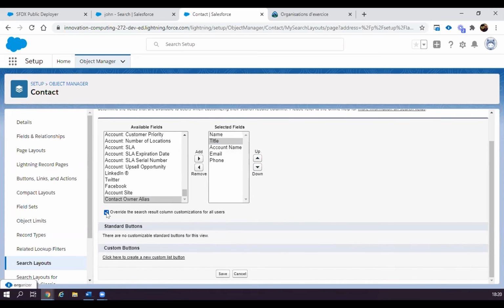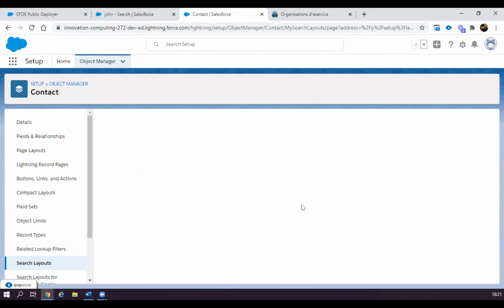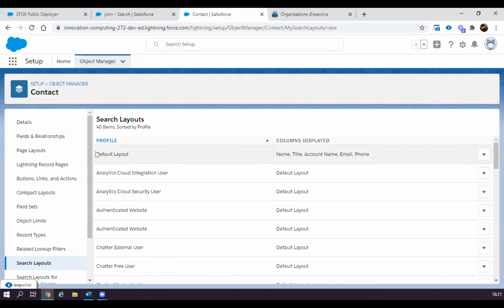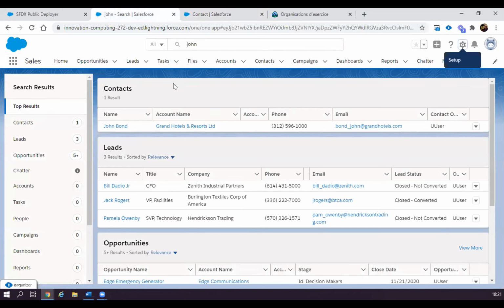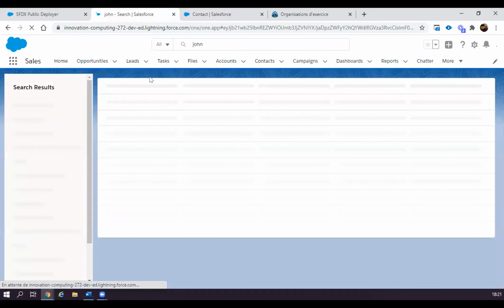I will choose to overwrite the result for everyone. So if I have a user who changed the selected fields to a specific order, I will overwrite the preferences of the user, and then I will hit the save button. So I changed the default layout, which will also change the default layout for all my profiles. And now if I refresh my page and check the contact,